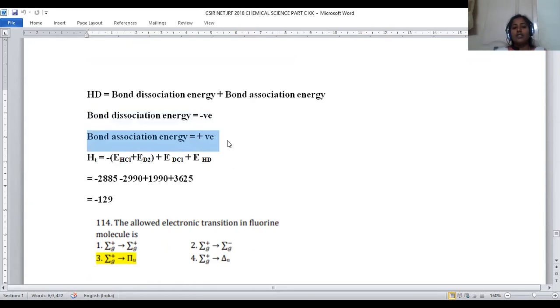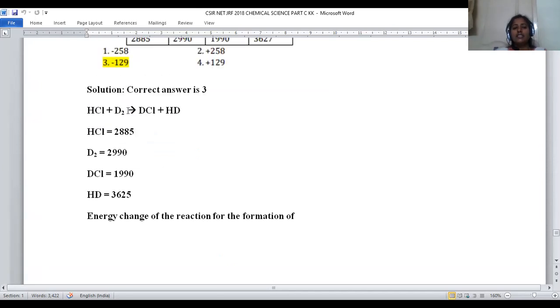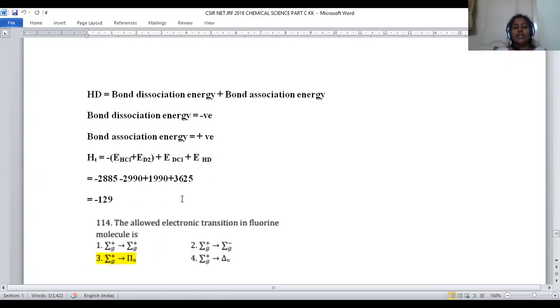Bond association, positive type of energy will be generated. Right now, this energy translationally is given by minus E(HCl) minus E(D2) plus E(DCl) plus E(HD). Why are we denoting the minus sign? Because the reactants HCl and deuterium got dissociated, DCl and HD got associated, right? So that's the reason why for these two the term is denoted with negative, and for these two, positive sign